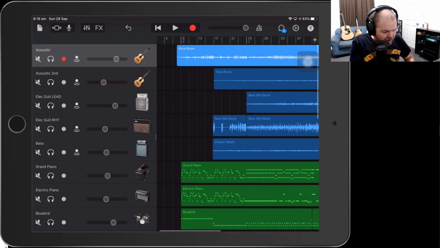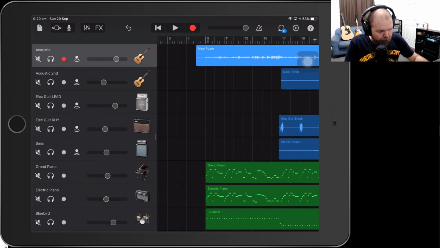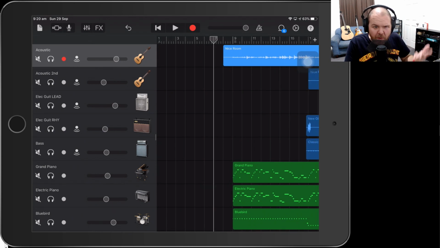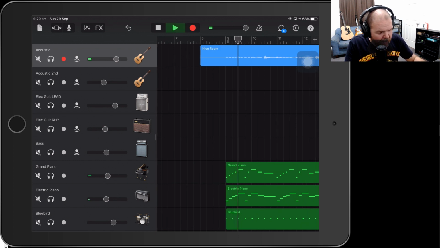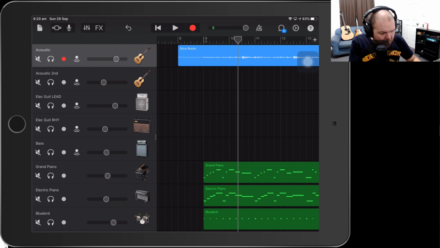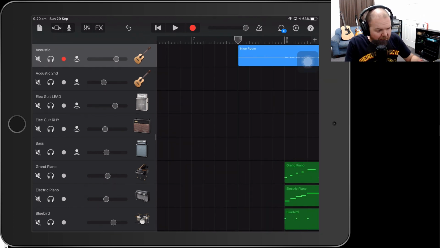The first thing we need to do is make sure that our start and our finish, what I call the tops and the tails, have nothing that's going to be background noise or that we don't actually need. So here is our acoustic guitar. There is its first hit on bar 9. If we hit play here, that's where it starts, but I've got this bar in front of it, and because I've got a pretty quiet preamp, I can have a little bit of that room noise and it's not going to sound too bad. So if we just play this,